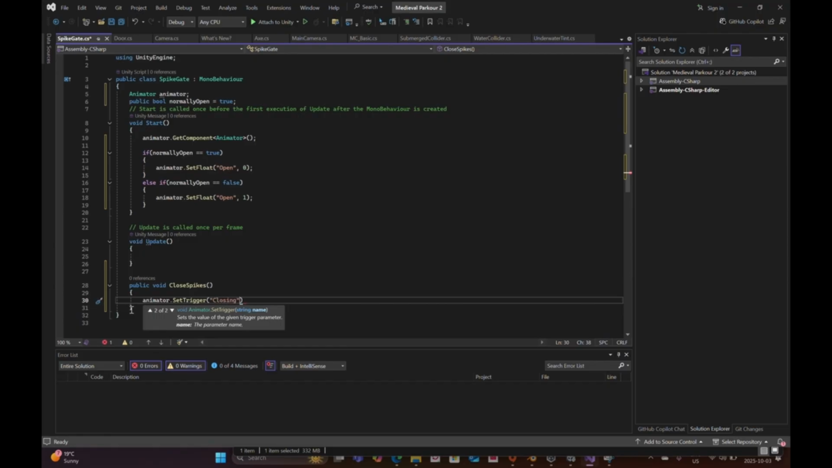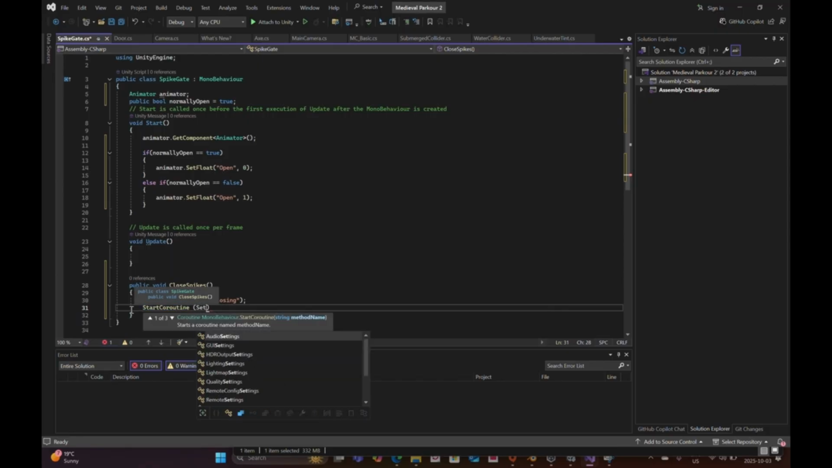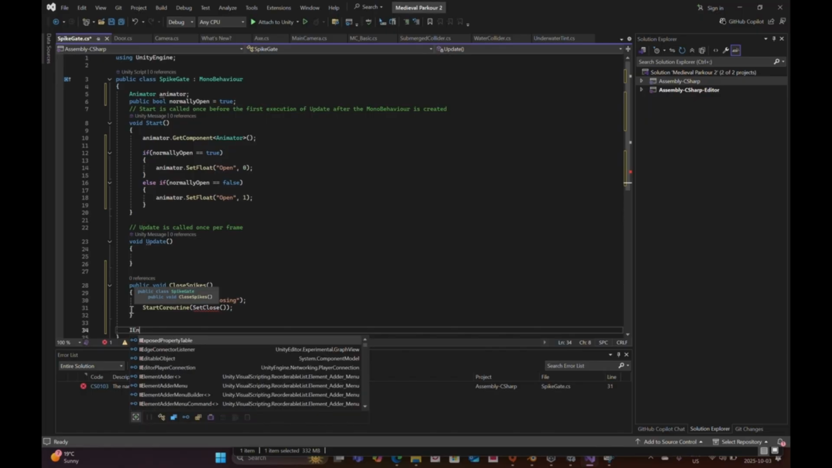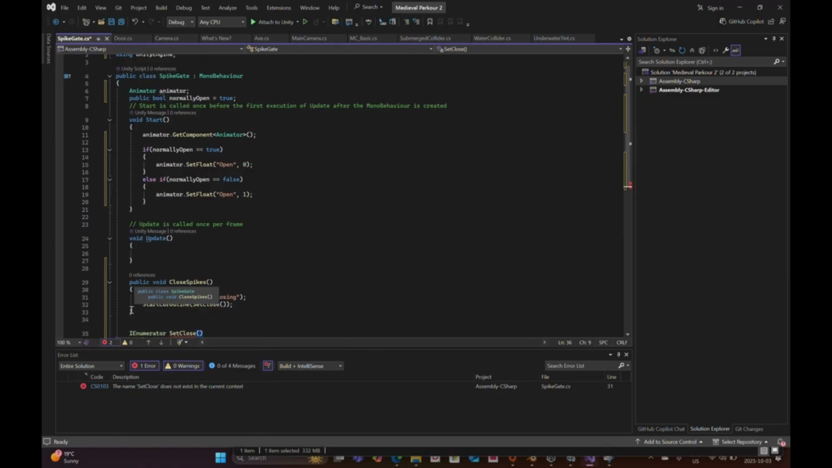closing, start coroutine set close, and outside of that function I'm going to put enumerator set close,